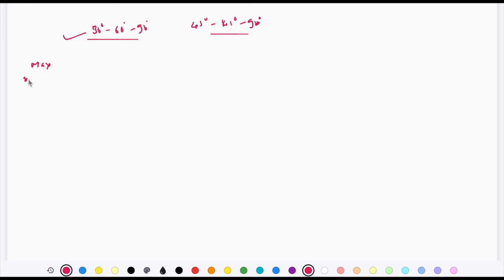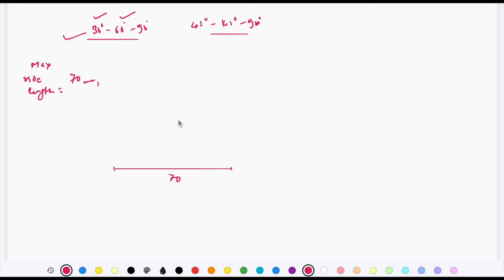maximum side length equal to 70 mm. Now how are you going to do that? The first step, draw one of the segments. The length of this segment is going to be 70. Now from those two ends, you need to take 30 degree at one end and 60 degree at the other end,